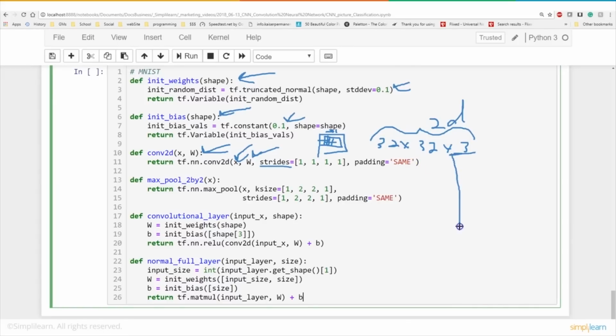And it connects down, I'm just going to jump down one here. It goes with the convolutional layer. So you have your pre-formatting and the setup, and then you have your actual convolution layer that goes through on there. And you can see here we have init weights by the shape, init bias, shape of 3, because we have the 3 different, here's our 3 again. And then we return the tf.nn.relu with the